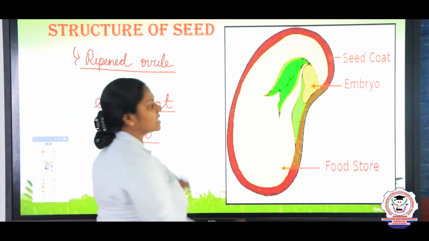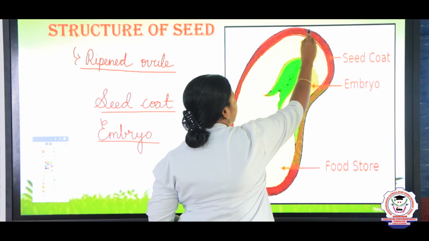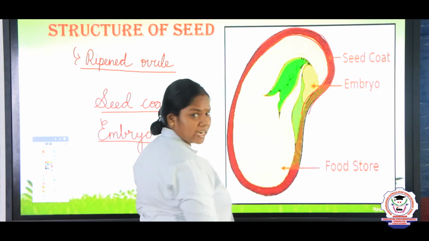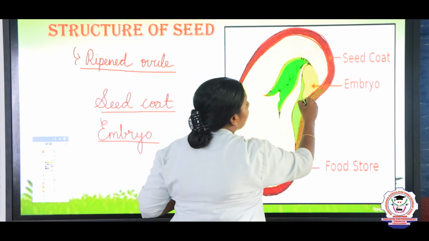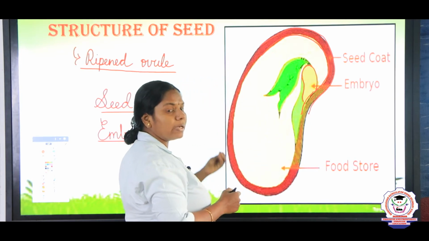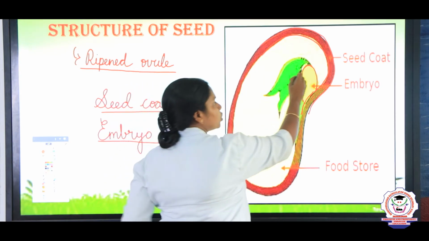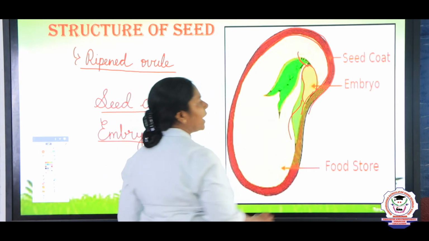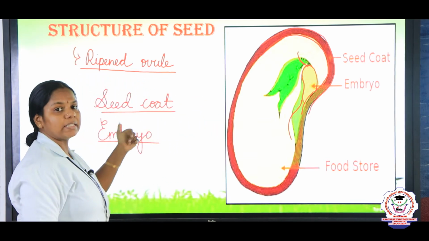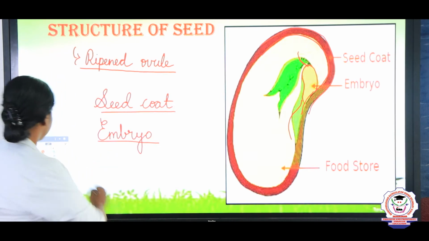Outermost seed coat. Yes, see this brownish layer children, this brownish double layer, it is a seed coat, and seed coat is of 2 layers that we shall discuss later, and inside the embryo, right? And from the embryo only the seed starts to germinate, it starts to produce the shoot as well as a root. So, what are the 2 main parts of the seed? Seed coat and the embryo. Now, let us see about the 2 types of seed coat.